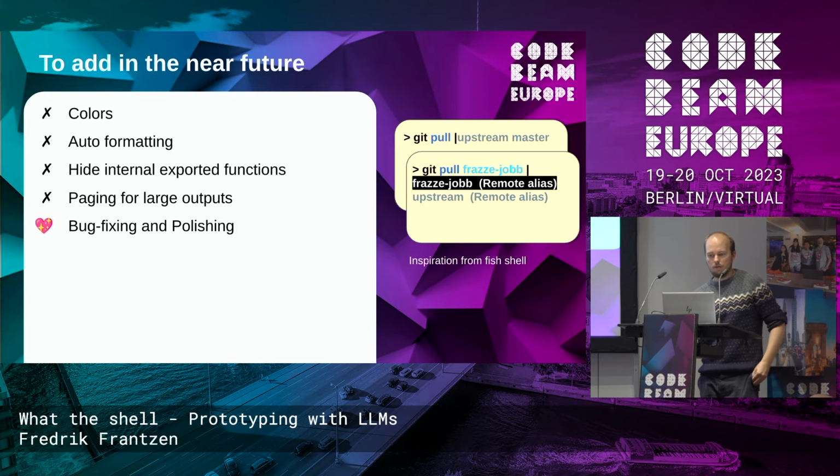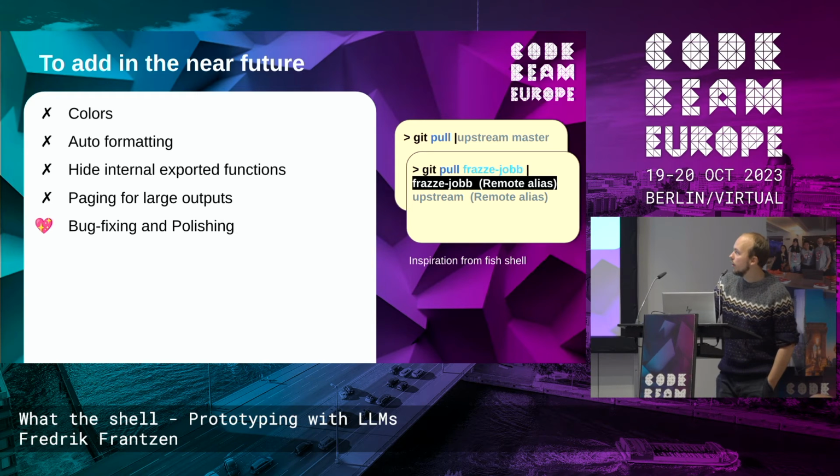All right, so here are a couple of things that we might be able to add for OTP 27. It's maybe not planned, but if I have some free time over, I can probably add it. So we will add support for colors, syntax highlighting, and maybe coloring for the documentation, and errors and traces. Who knows what we will color?